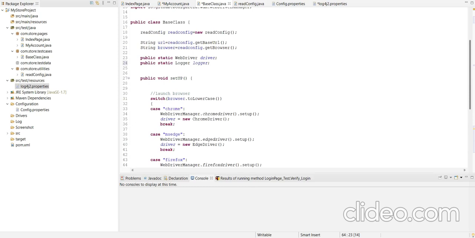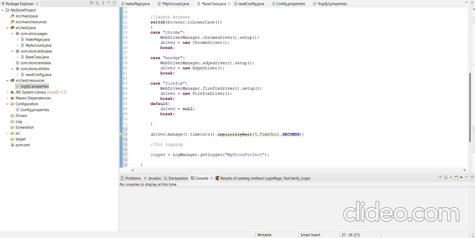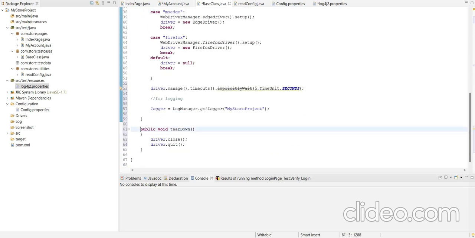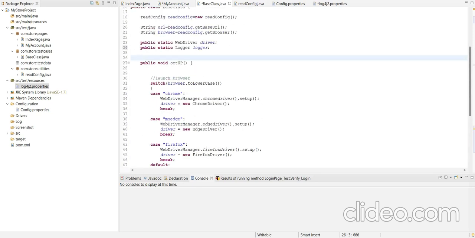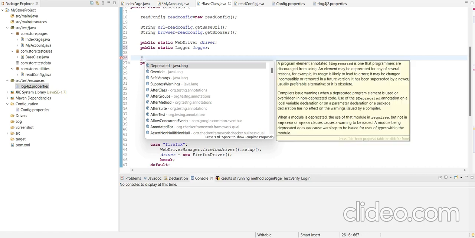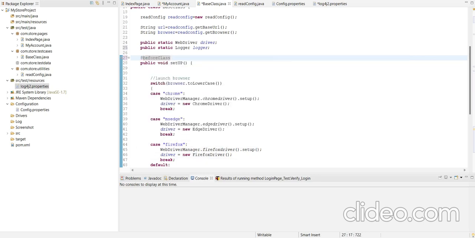Now as we created the base class for our project, this is the setup method to launch the browser, and this is the method to close or quit the browser. So this will be our first step to launch the browser. So here we use the @BeforeClass annotation of TestNG.